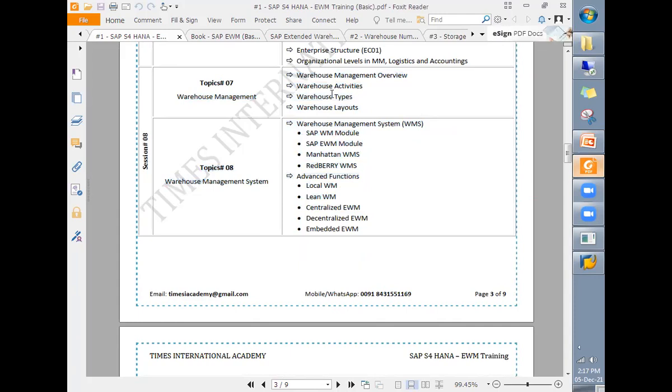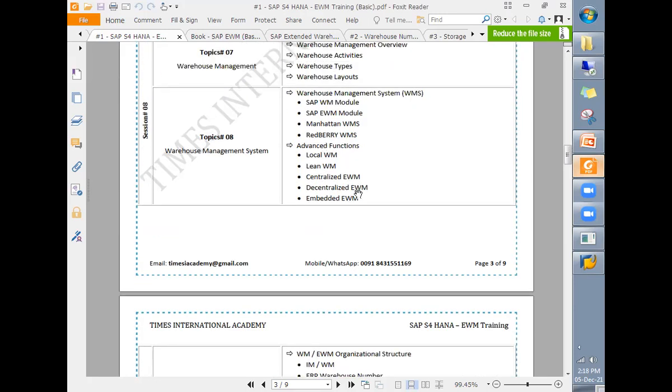Here we will try to understand the warehouse management, how the warehouse is managed, and the different warehouse activities. Because if we know how the warehouse operations are carried out, how the people work, then we can easily understand the transactions, we can easily understand their business requirement, and then we can accordingly map SAP to the business requirement. So from that point of view, some domain knowledge is shared in this topic, right?